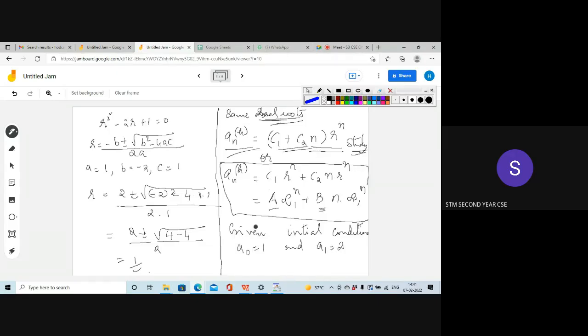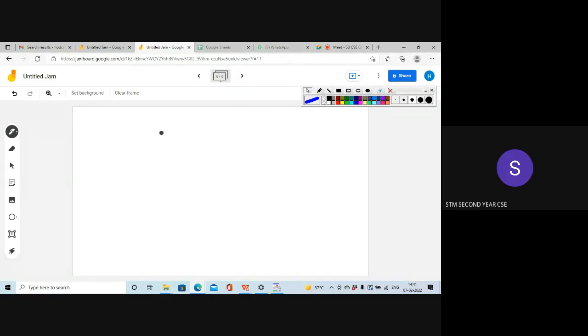Now the next step, what you have to find is substitute for n is equal to 0 and n is equal to 1 in this equation, and then you have to find out, this is our equation 2. Okay, substitute for n is equal to 0 and n is equal to 1 and find the values of constants. Substitute n is equal to 0. Okay, in equation 2,